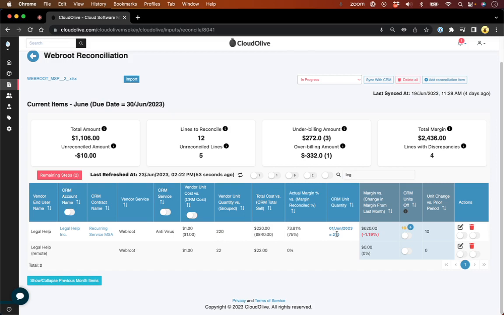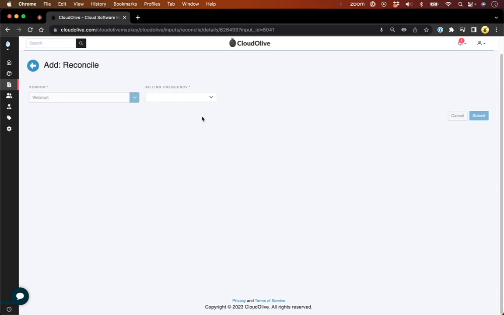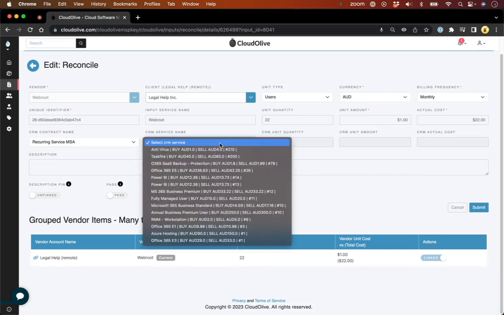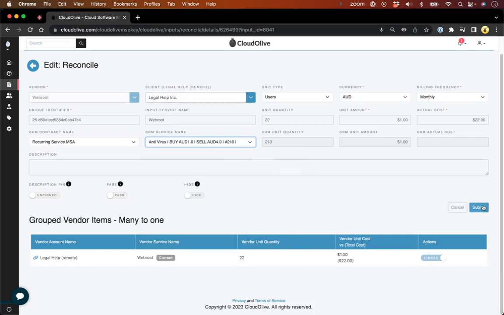242 in total. Okay, so what we've done here is we've mapped the first one to the account, the contract, and then the service. And then what we'll do now is we'll match the other one for Legal Help. So here we'll fetch the company out of Autotask, in this instance Legal Help. We find the contract, and then now we're going to pick the relevant service that we're after, and it's just this one here. So now when I submit that,